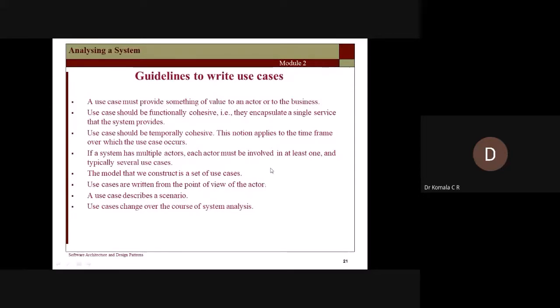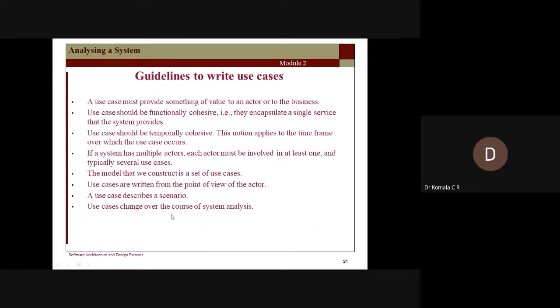So with respect to the actor, we are going to start writing the use cases. Member means what actually is going to perform. Based on that, we perform the transactions. A use case describes a scenario. That's what we discussed. There are many scenarios: to place a hold, to remove the books, to add the book. Those are the different scenarios, so we are describing the transactions in the different scenarios.